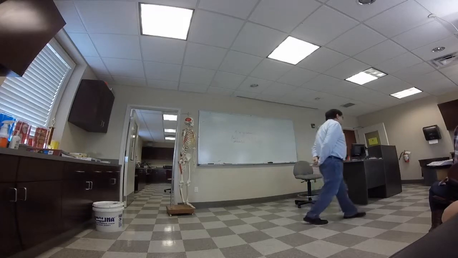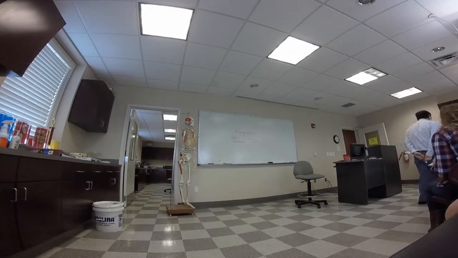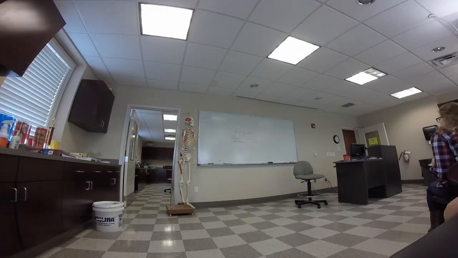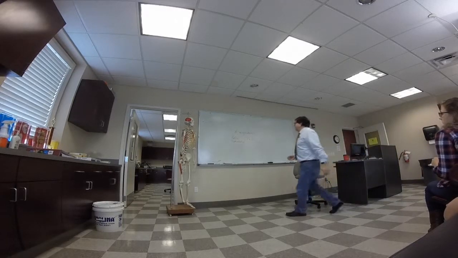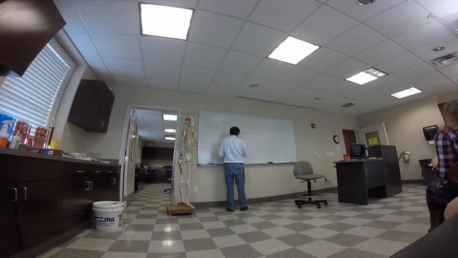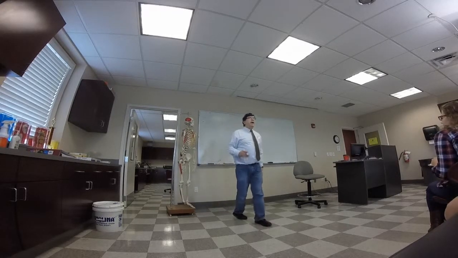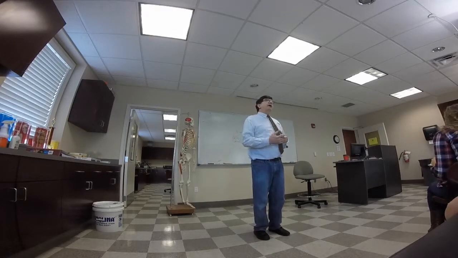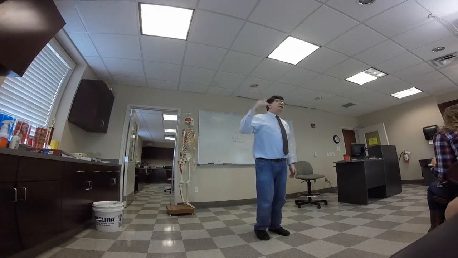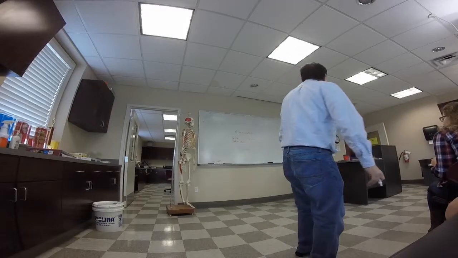Okay. We normally, in an otherwise healthy individual, a normal AA gradient is up to 10 millimeters of mercury. Okay. Now, this normal AA gradient can increase slightly as we age. But for all practical purposes,